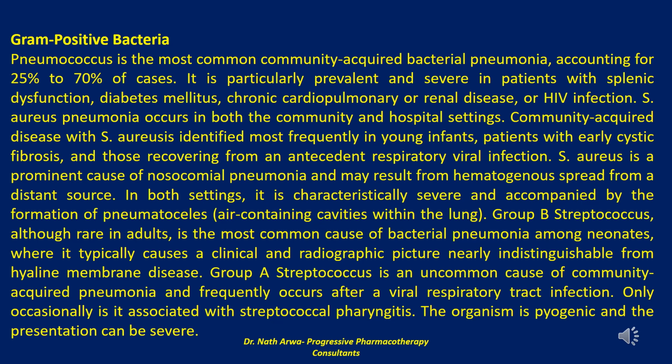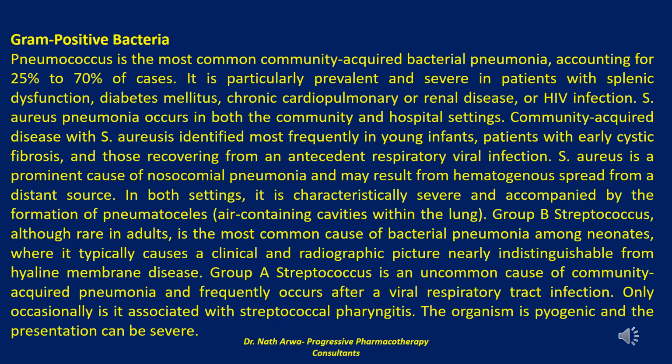infection. Staphylococcus aureus pneumonia occurs in both the community and hospital settings. Community-acquired disease with Staphylococcus aureus is identified most frequently in young infants, patients with early cystic fibrosis, and those recovering from an antecedent respiratory viral infection. Staphylococcus aureus is a prominent cause of nosocomial pneumonia and may result from hematogenous spread from a distant source. In both settings, it is characteristically severe and accompanied by the formation of pneumatoceles, that is, the air-containing cavities within